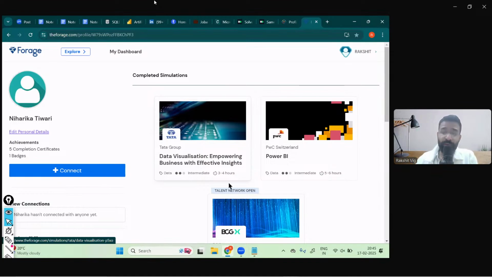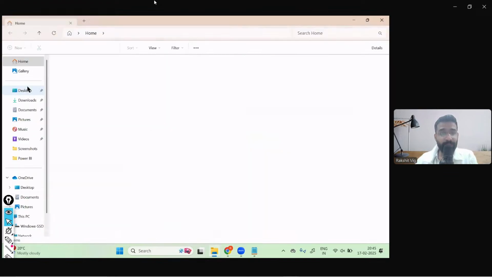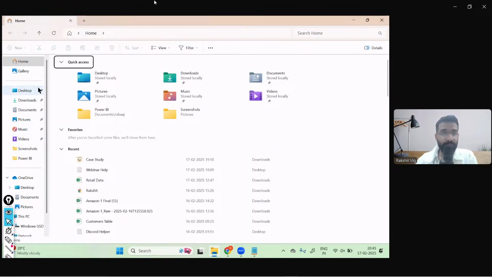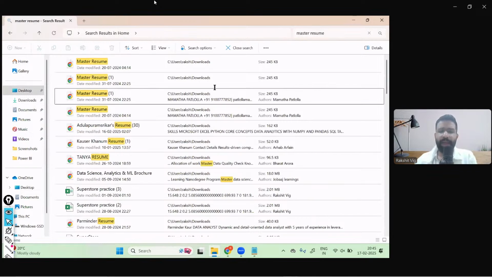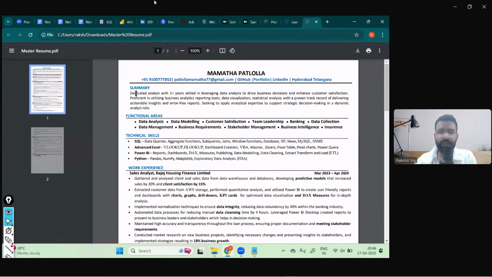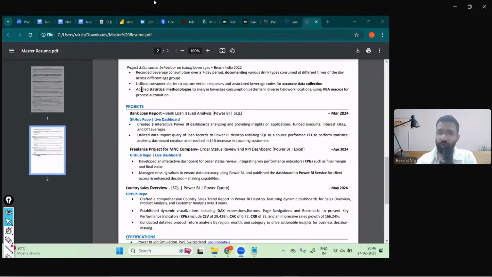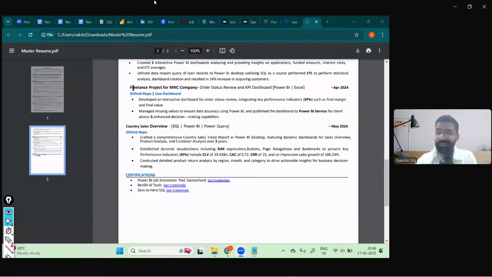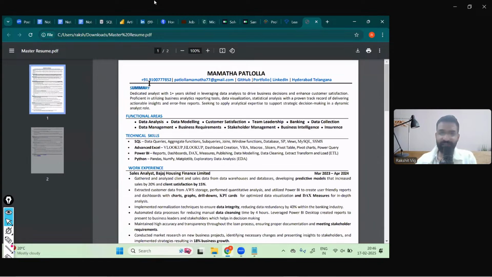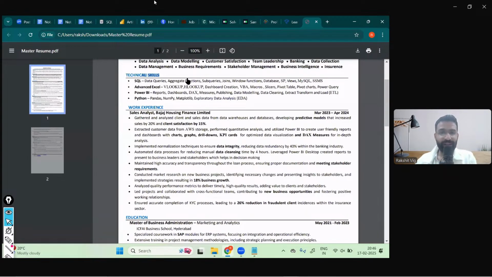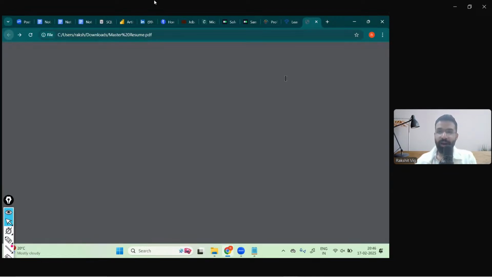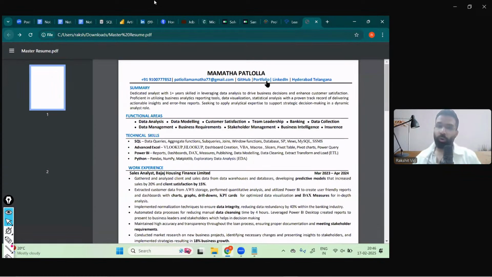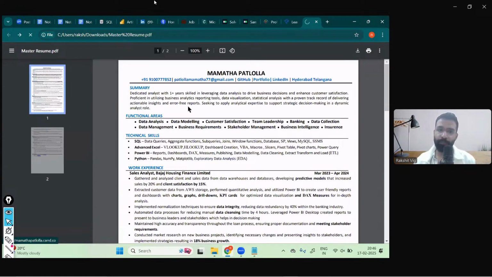And again, as I told you, you can include all these things in your resume. For example, let me open maybe our master resume. This is one of the resumes which I was checking recently with one of my students, Mamta, and you will see a complete ATS friendly 2-pager detailed resume she has got over here. Again, her summary, her skill sets, her tech skills, her data skills, right? Along with this, all the profile links are mentioned at the top. Her GitHub profile link is mentioned at the top. Along with this, her dedicated website, which is a card.co portfolio, is also mentioned at the top, where anyone can check